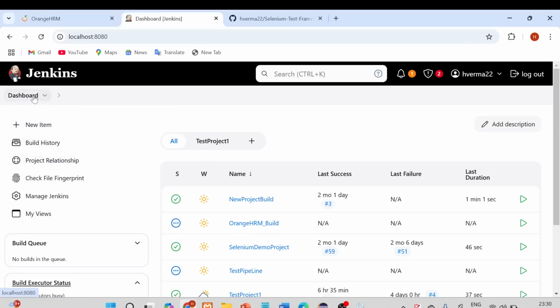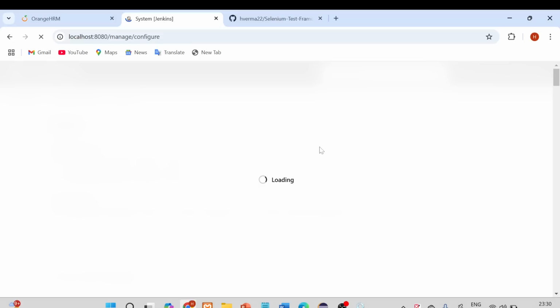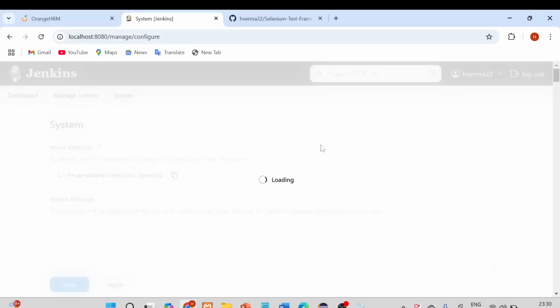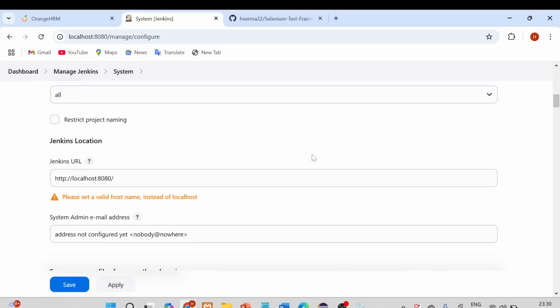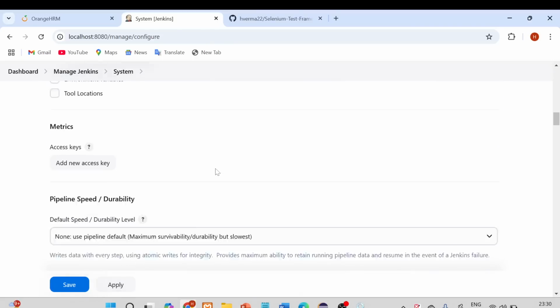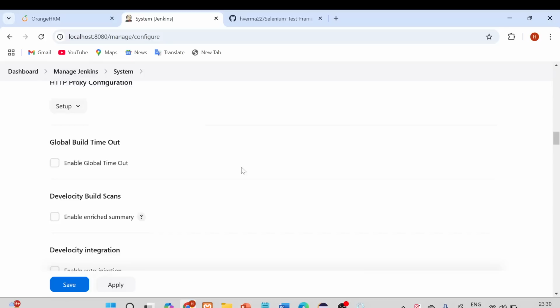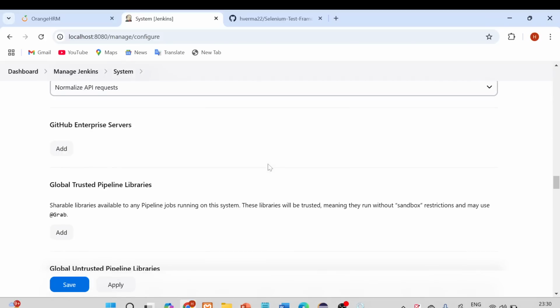What you can do is manage Jenkins, and you'll see configuration global settings, right? Just go to here. I'll show you my global configuration over here. You can see this is the localhost Jenkins URL, and here for Maven, I have selected